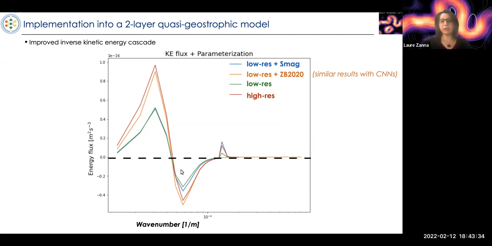The blue and green are basically traditional low resolution simulation. And the red curve is a high resolution simulation where the inverse cascade is basically enhanced. The orange line is the low resolution simulation plus our equation discovery parameterization. And here what you can see is that we're enhancing that kinetic energy transfer from small scale to the large scale. So the parameterization extracted from data gives us an equation that is actually able to mimic this inverse energy